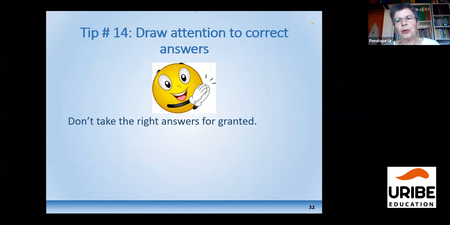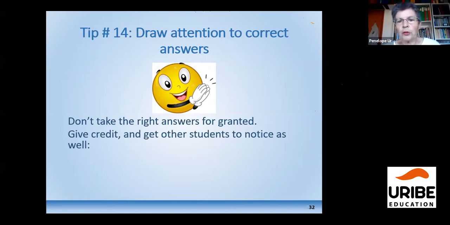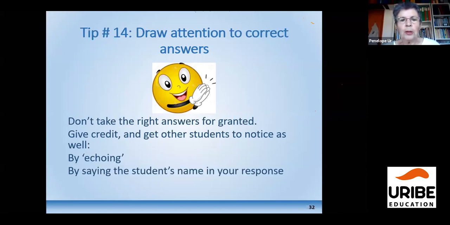And perhaps we should notice when students get it right and draw attention, give them credit, to get other students to notice. It's like echoing, and if you give the student's name in your response, then that gives the compliment to the student, as we would like to do.